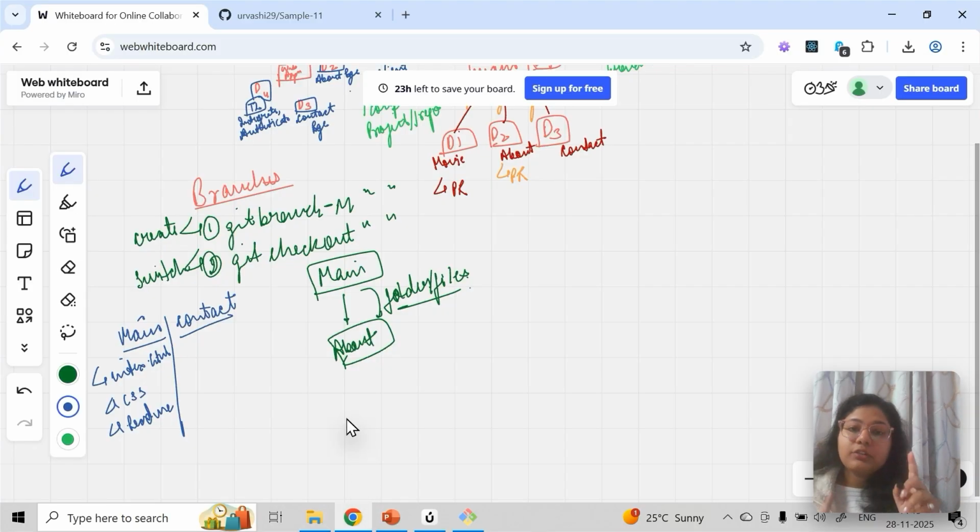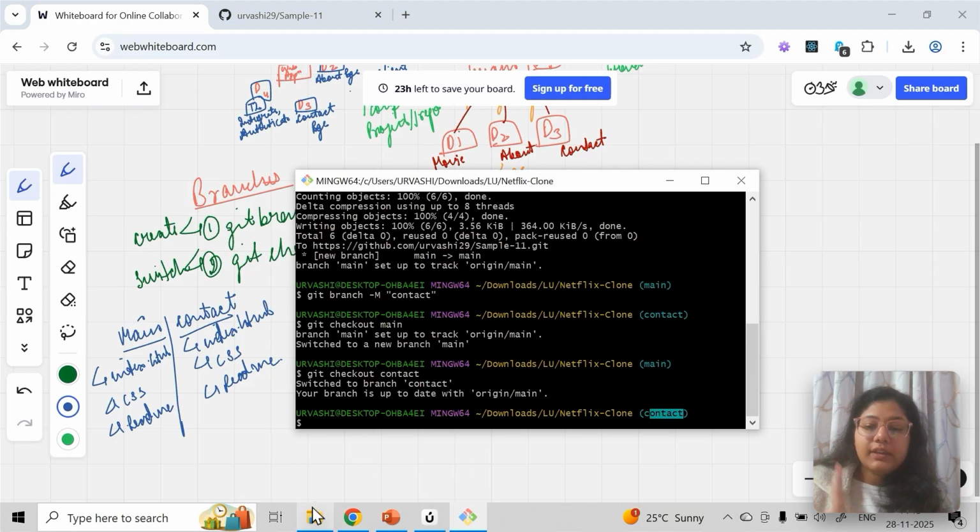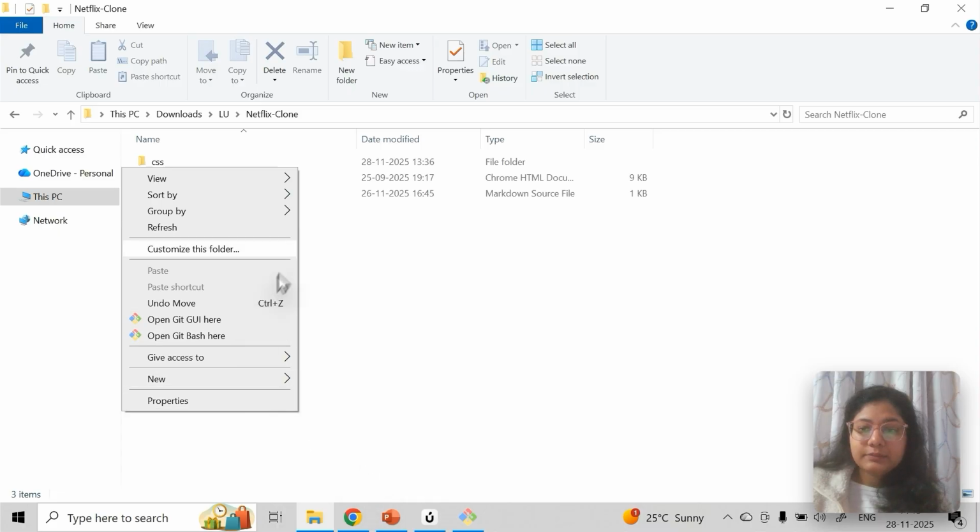So these files are not of main, these three files are of contact. A copy of these is created, and after this I'll show you how you can switch and see that. Whenever a new branch is created, by default it will come from main, whatever is the latest code in main.